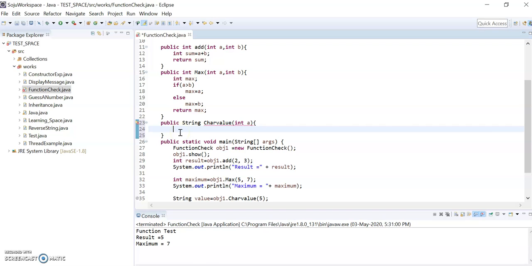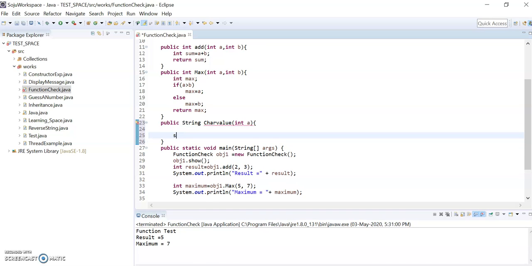And we need to do the calculation so we can check which character is printing. We can use a switch case here. So I am using switch, and I am passing the variable a.